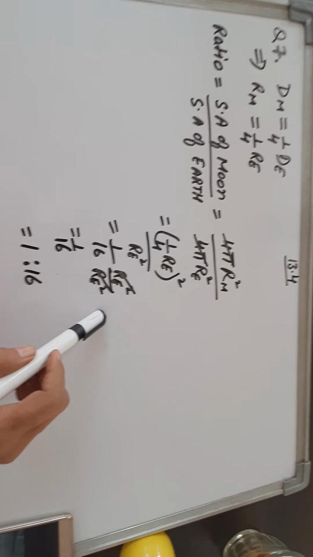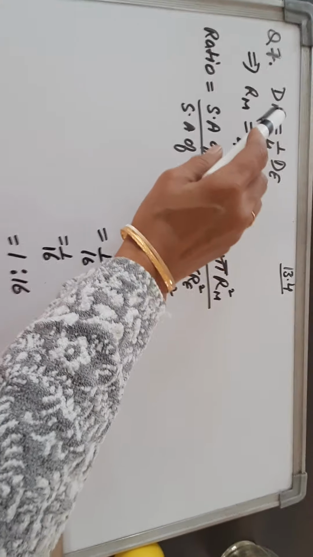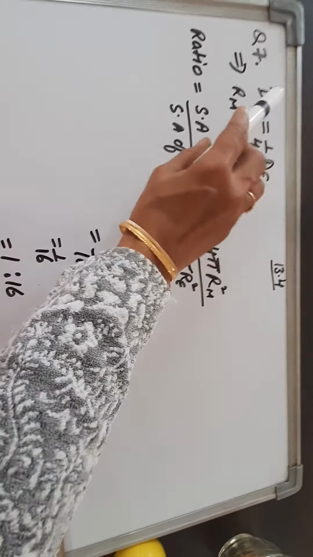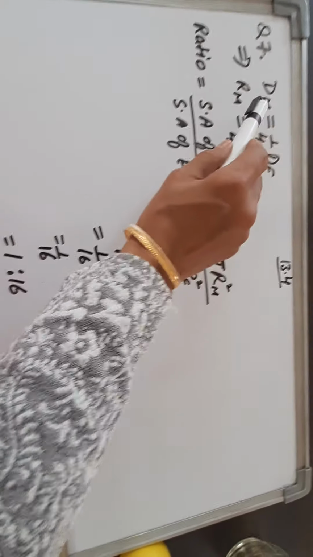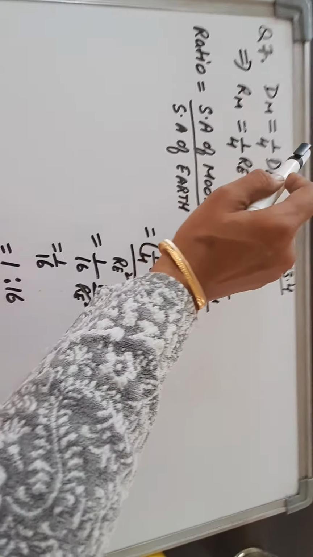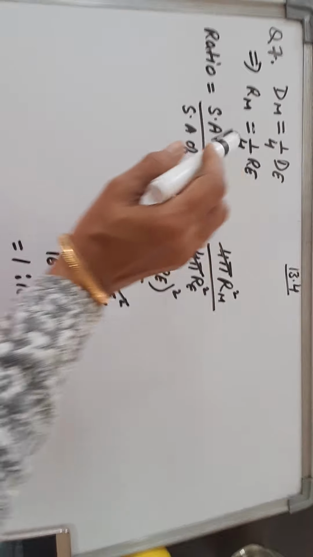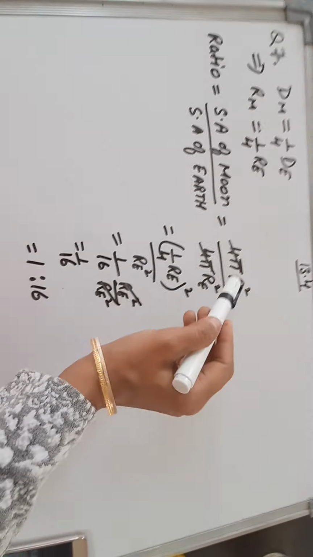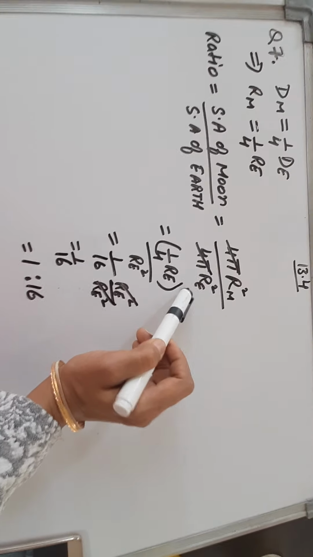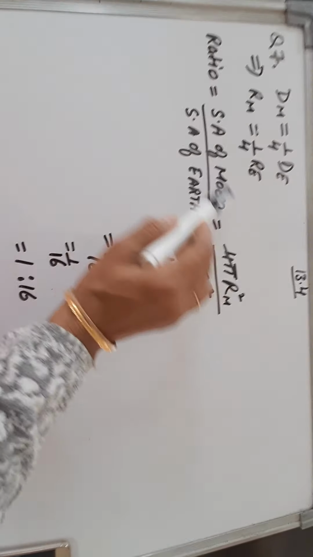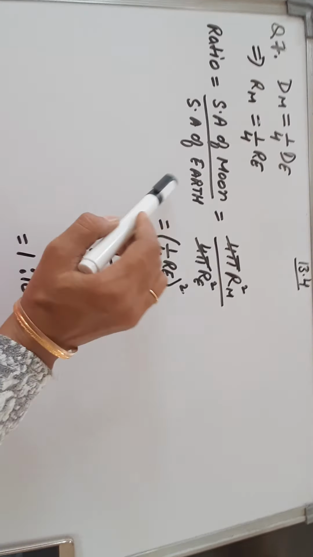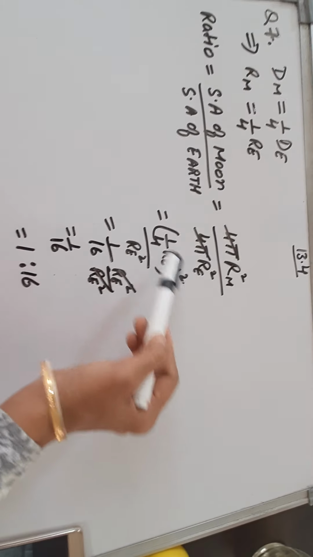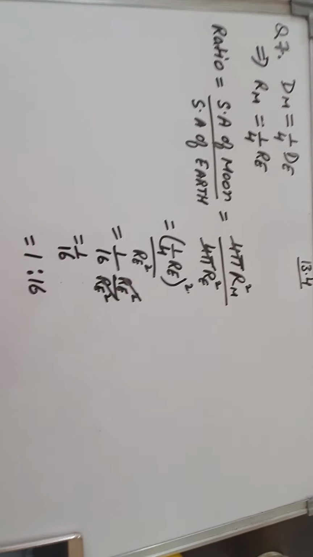So once again, let me tell you what is given to us. We have been given that the diameter of moon is 1/4 of the diameter of earth. Obviously moon is smaller than earth, so its diameter is one part out of 4 parts. So from here we'll conclude that the radius is also 1/4 of the radius of earth, because radius is needed in the formula. Okay, so just take the ratio of the surface area of the two, moon and earth, and put the values. Rm is equal to 1/4 re square, put it whole square. From here you'll get this.